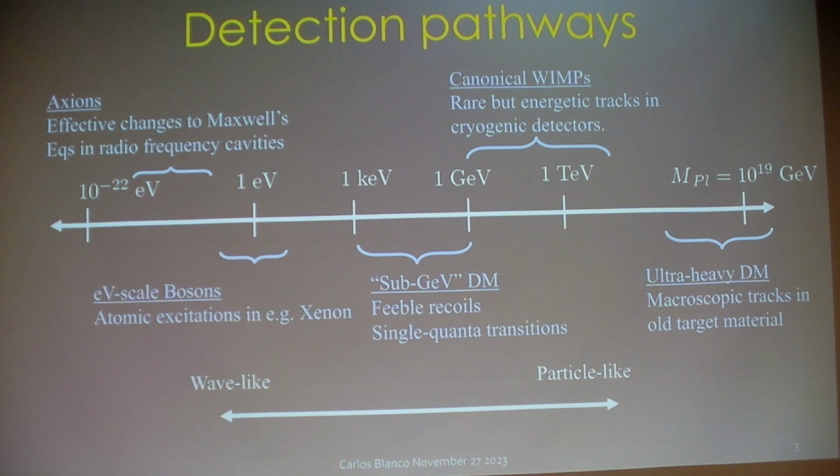There are strong theory priors that are placed on this parameter space that tell us that it will likely be somewhere between the sub-GeV and the canonical WIMP picture. There's a lot of theories that place it there, but there's also a lot of theories that place it in this axion and eV scale boson regime, right? That's why you said low energy, you know, total mass per unit volume. Yeah. That's why you say the lighter stuff. Exactly. You have a lot more number, right? Yeah, that's right.